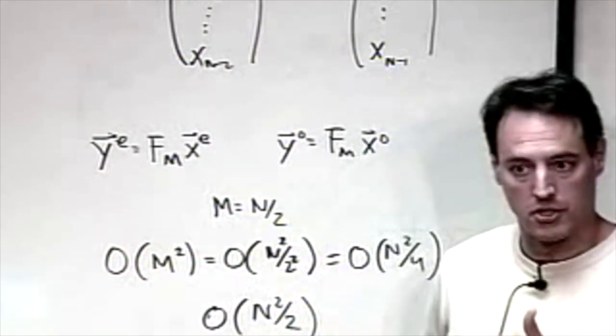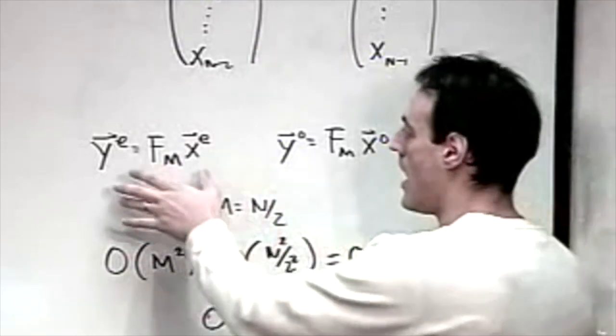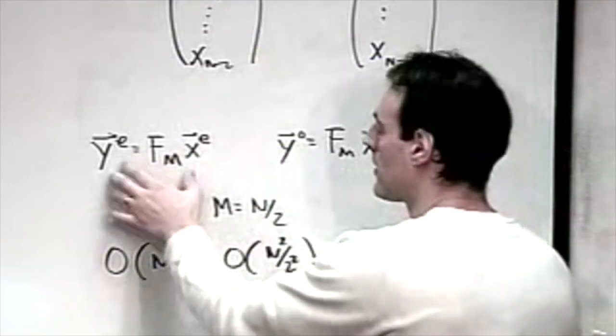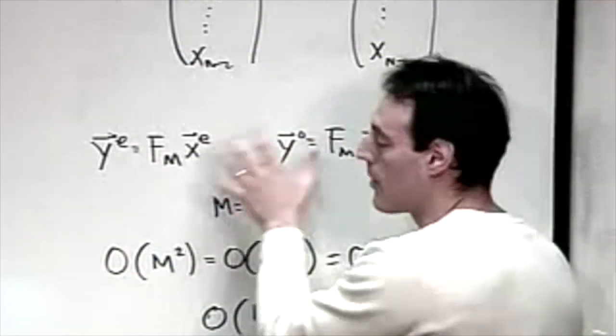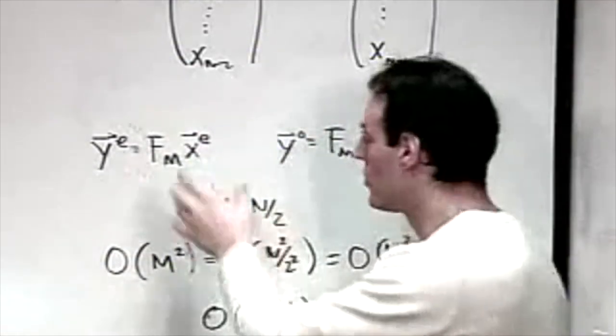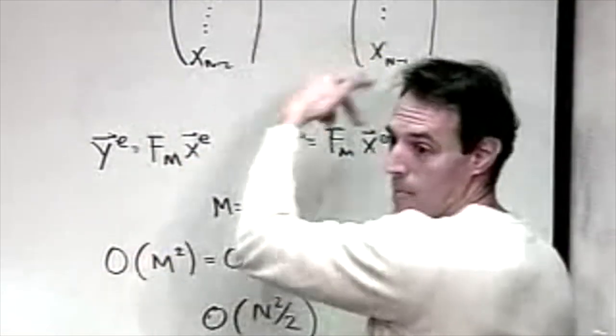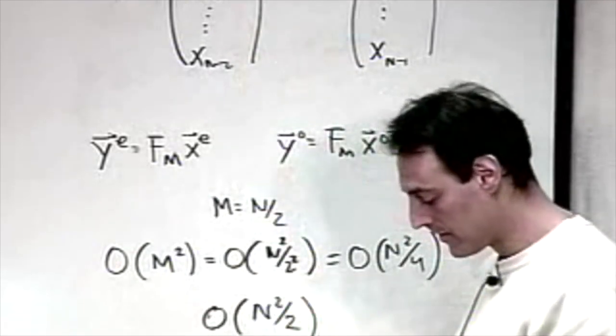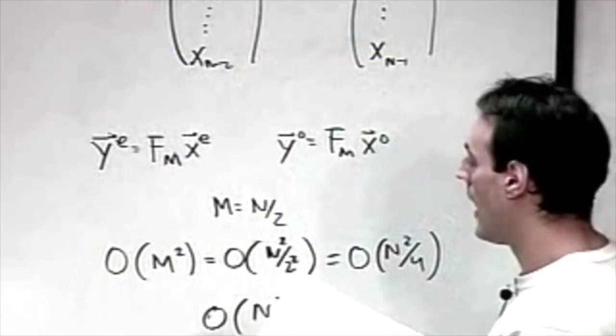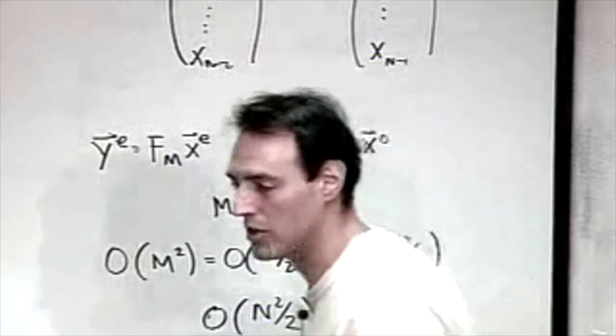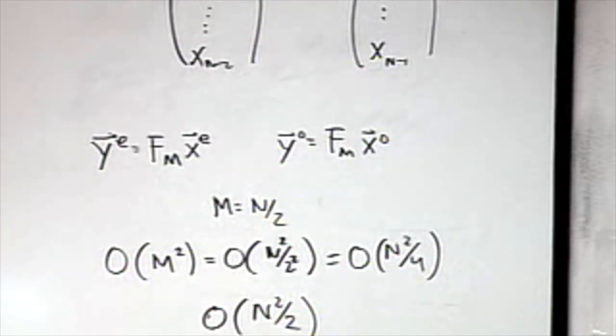The key question is, though, from these 2 separate problems, how do I get back to my original problem? Because once I solve for these, I've got to figure out how to put it back into my original solution. And this is where a lot of algebra comes in, and this is why I'm skipping it. You find the following. The relationship back to the original problem is that